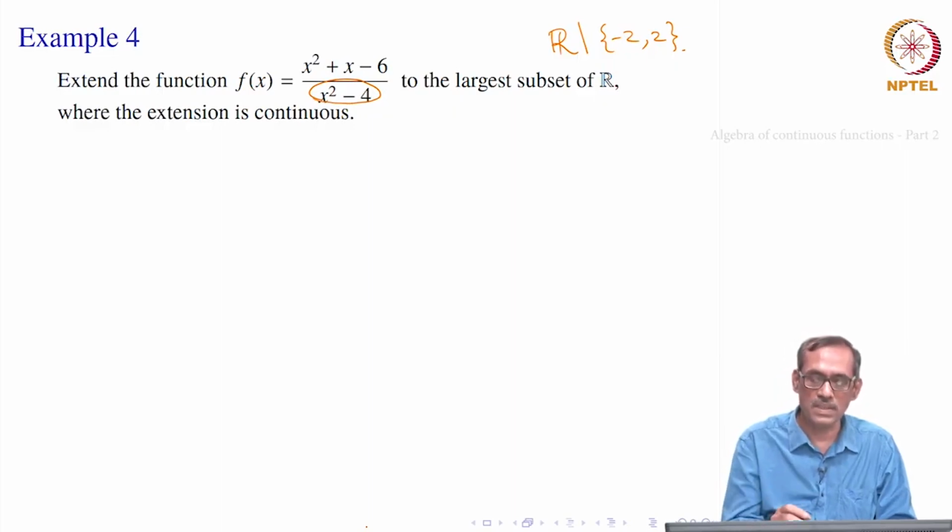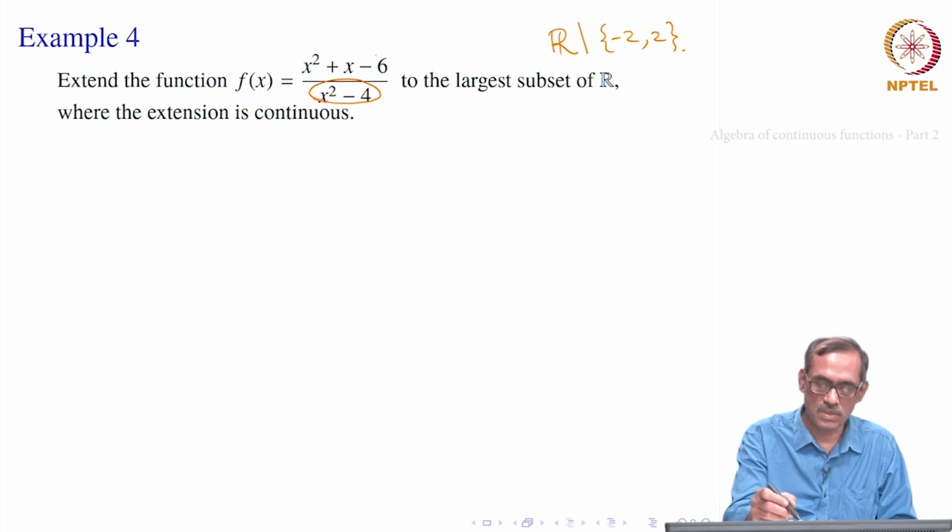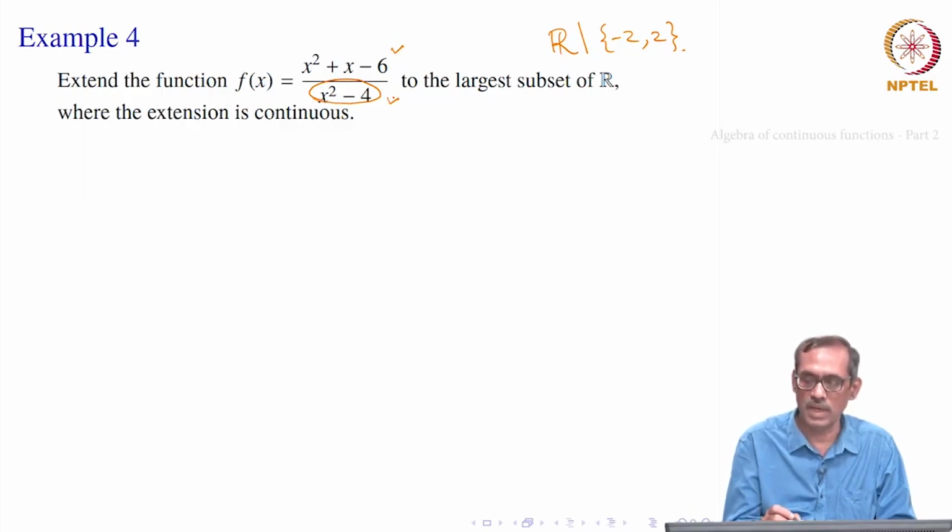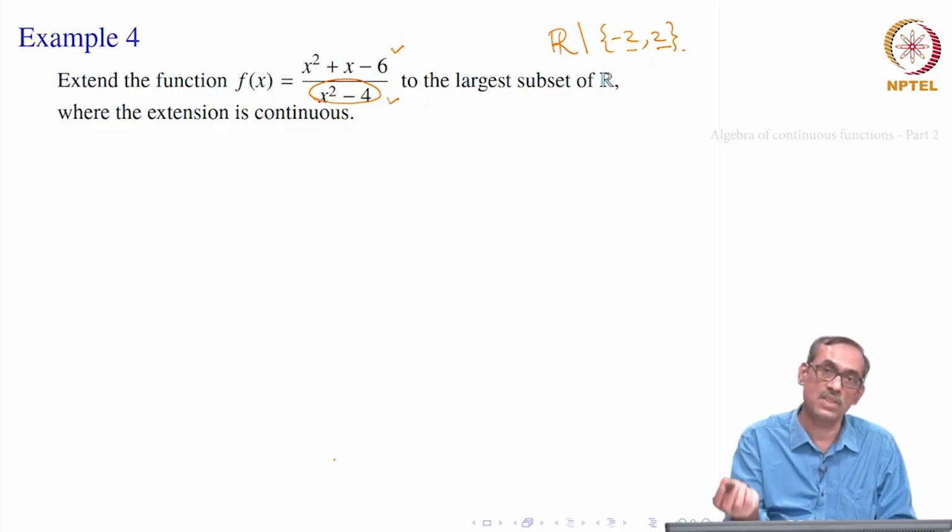So, in this domain is it a continuous function? Yes, it is, because the numerator is a polynomial function and the denominator is a polynomial function. So, it is a rational function, it is continuous everywhere in its domain. Then when you want to extend it, that means you want to define the function at minus 2 and 2, whichever is possible or both might be possible, so that the extended function, the new one, which is f everywhere else and at minus 2 and 2 we are going to define, that extension should be continuous also.